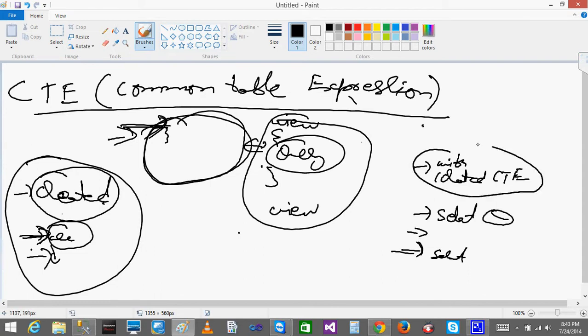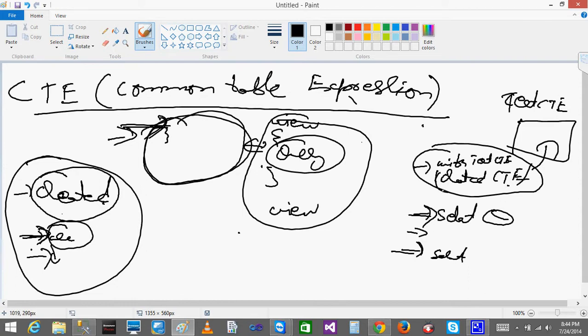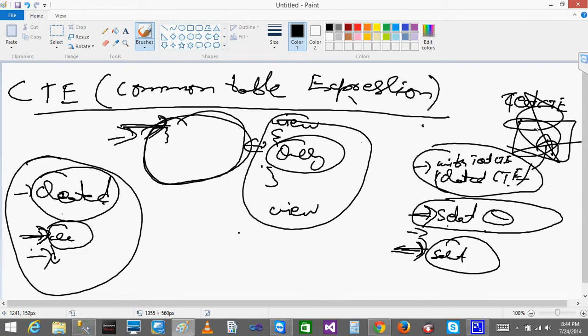So when I create a CTE, let's say I created one called test CTE, automatically when I execute this command, space is allocated for the test CTE at the back end. Whatever query you have written, its results will be stored there. Immediately after that query, the space used for storing the data will be erased. So when you go to the next step, you can't see that space, and that's why it says the CTE is not there.